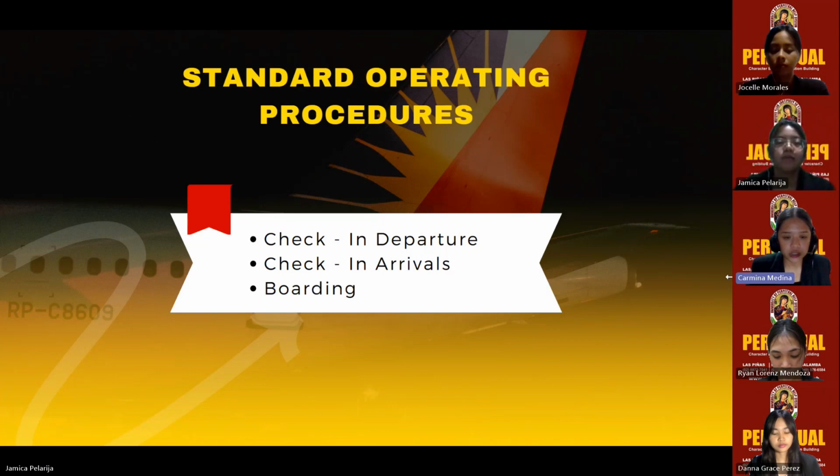The next SOP is the check-in arrivals. Proceed to the airline's check-in counters or self-service upon arrival. Present your ID, boarding pass, and any required travel documents to the airline staff. Check in your baggage if needed and receive your boarding pass. Proceed to the security checks, which may involve removing items like shoes and belts. Locate your boarding pass gates and wait for the boarding announcements. Lastly is board the plane according to the instructions given, usually by row or seating area.